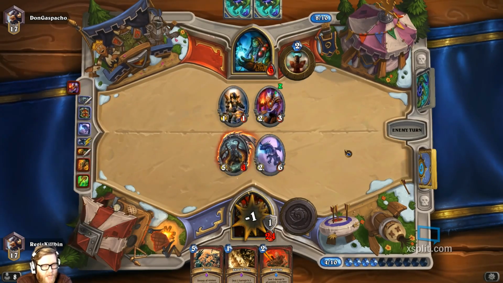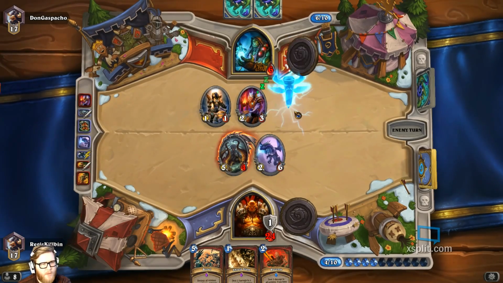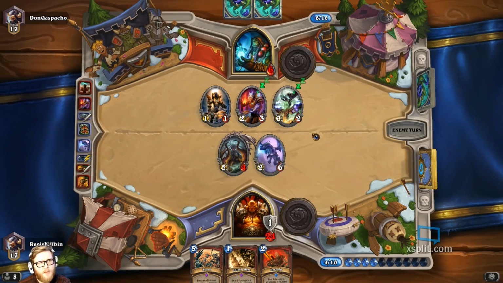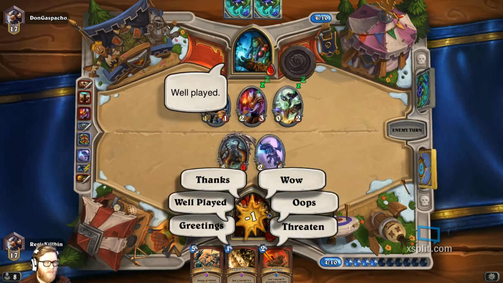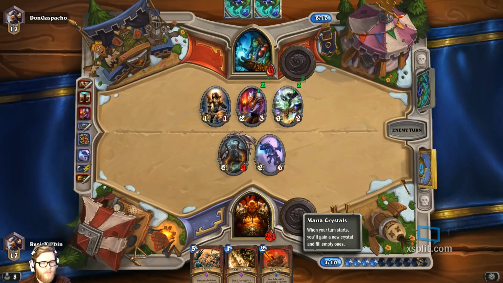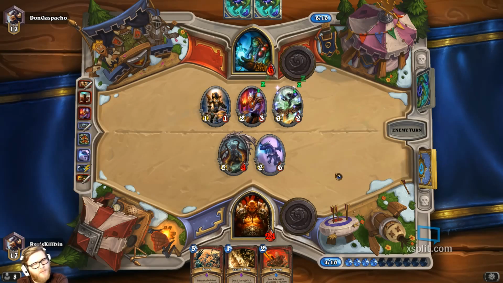That's not going to do the job. Taunt Totem does not keep him alive. You have Shield Slam to get through that. So it looks like the game is just over here. I guess he's trying to think about a way out. I don't know what's happening here, but...